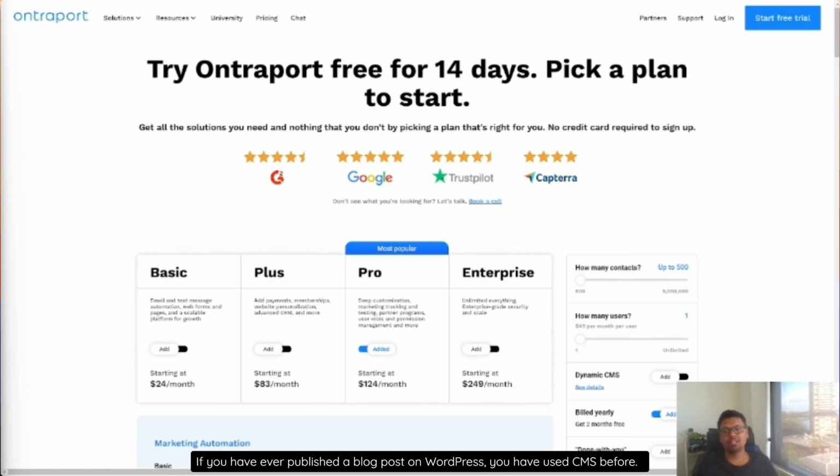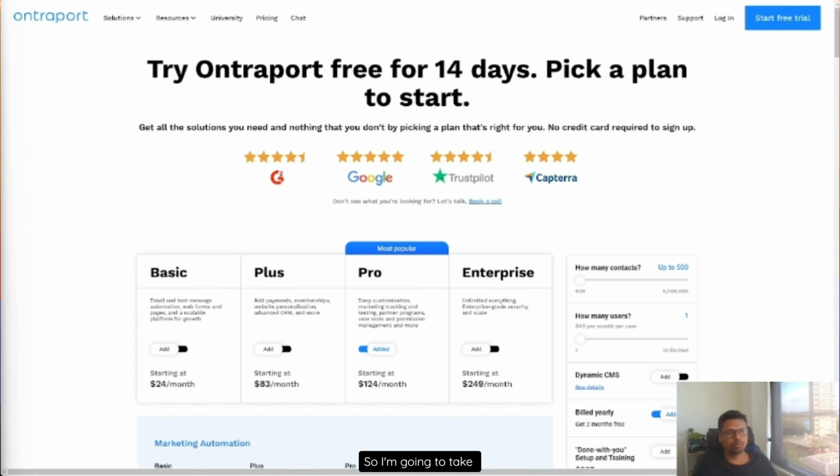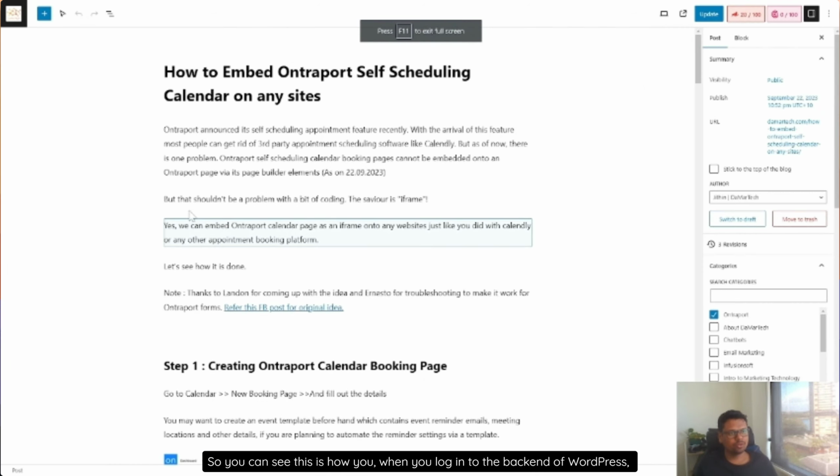If you have ever published a blog post on WordPress, you have used CMS before. WordPress is one of the most widely used CMS in the world. So let's use the example of a WordPress blog to better understand the concept of dynamic CMS. So I'm going to take you to my blog here. So you can see this is how, when you log into the backend of WordPress, you write